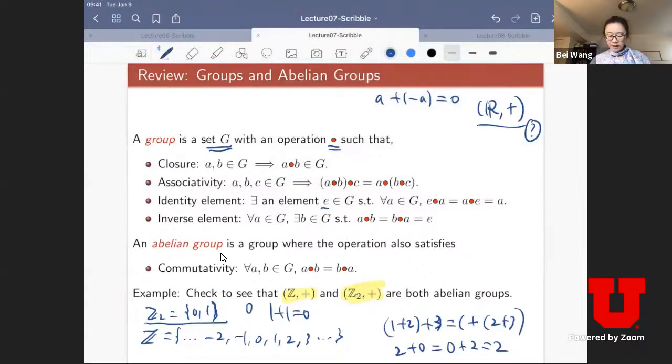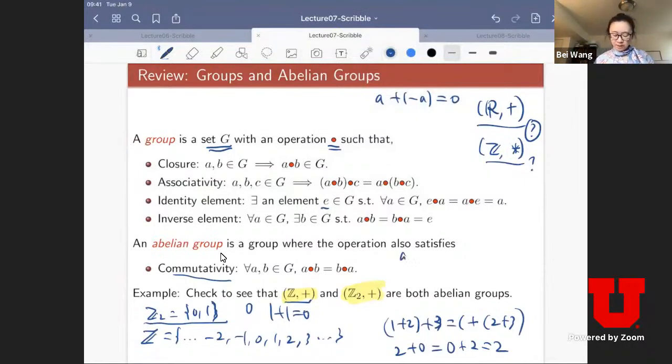And also, if my integers versus multiplication, is that a group? Okay, you want to ask yourself. Okay. Now there's an additional requirement of an abelian group. An abelian group asks for one more thing, which is commutativity, which is A operated on B is equal to B operated on A. Okay. So of course, if you think about the set of integers with the add operation, it's abelian